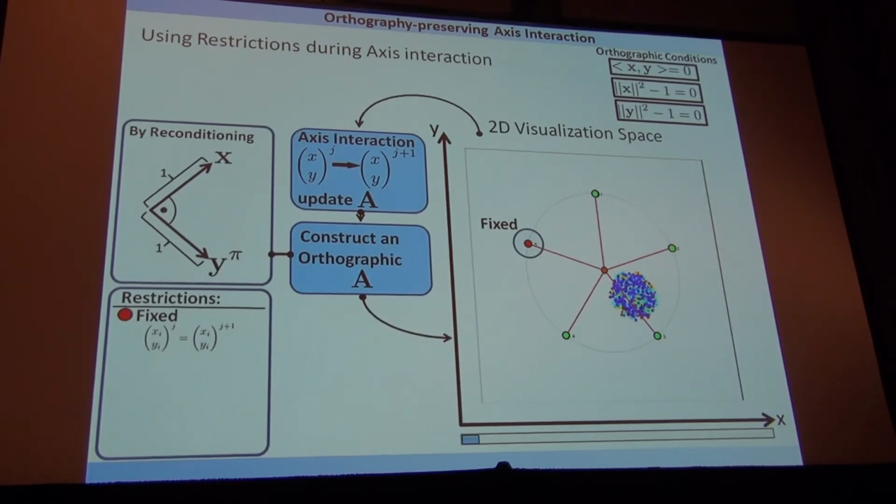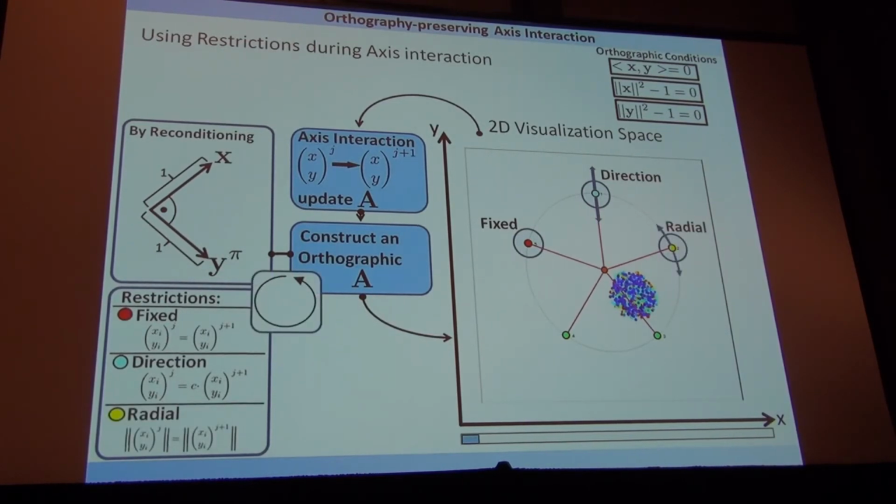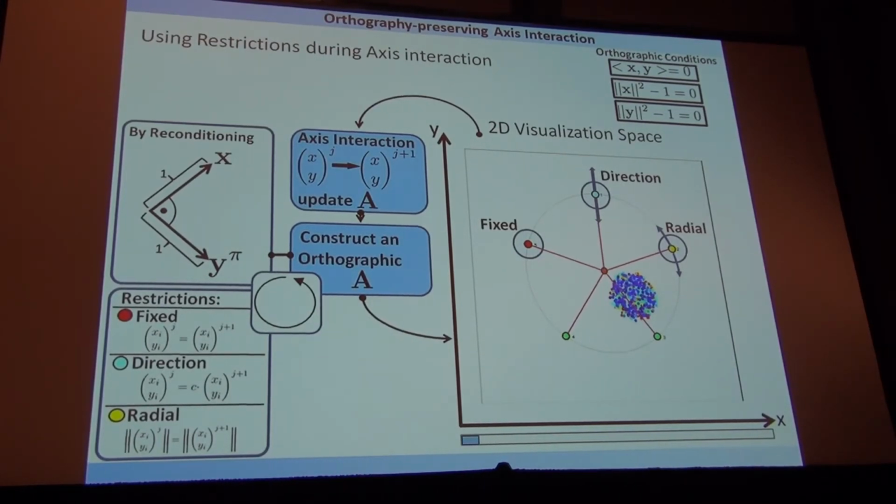The second is to allow only movement in one direction, and the third is to allow only movement along a certain periphery. To realize those restrictions, we can insert their mathematical descriptions in the projection matrix A,